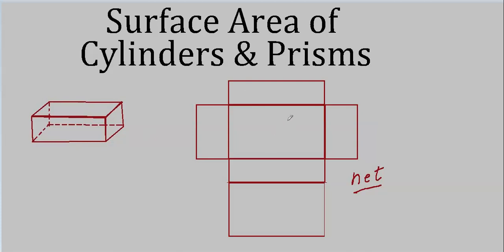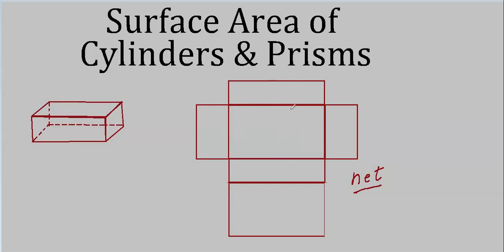So you'll see nets for cylinders, for tetrahedrons, for square pyramids. You can go online and look at a whole bunch of nets and draw them in your notebook and study them. That way you don't have to think about it too much. When you see it on the test, you will just immediately spot what kind of a net it is. And if you're super good at visualizing things, well, good for you. This kind of stuff is just made for you. Because, like I said, no equations, no theorems. It's just a matter of visualizing what this would be if you folded it up. And that's what a net always is.